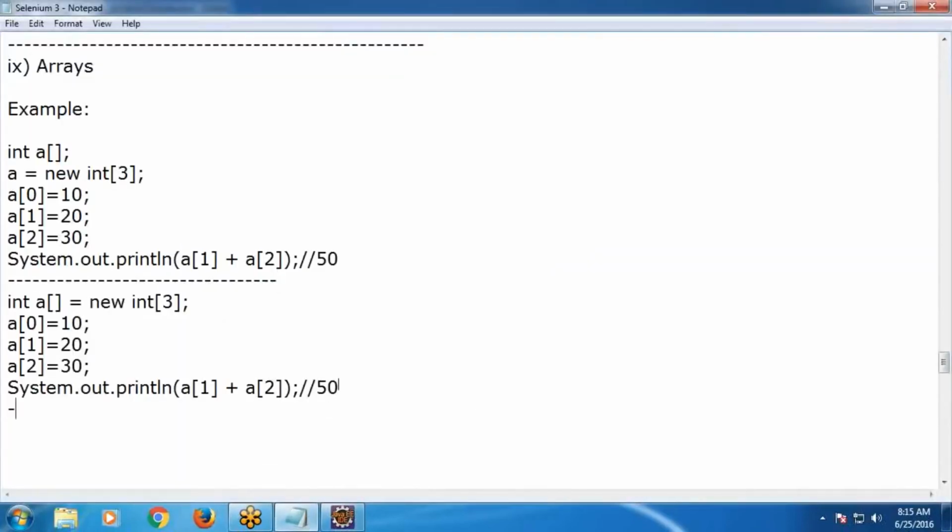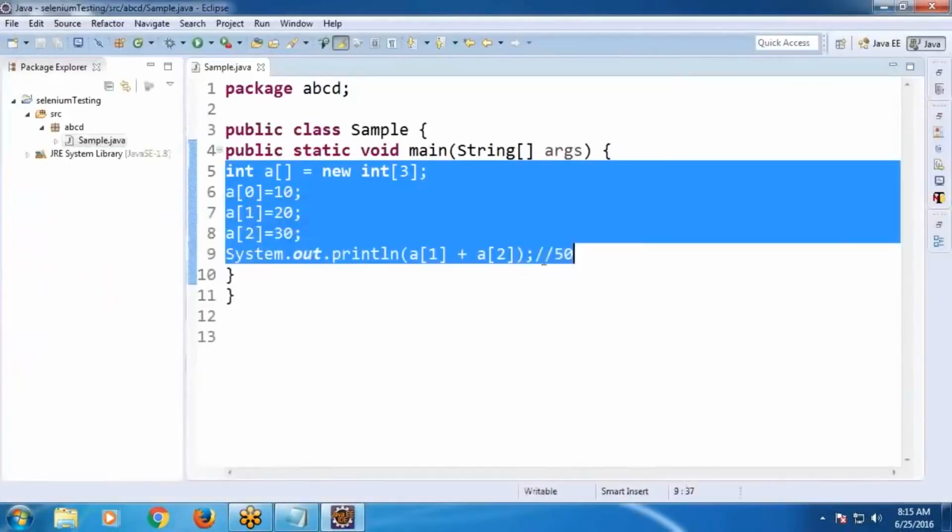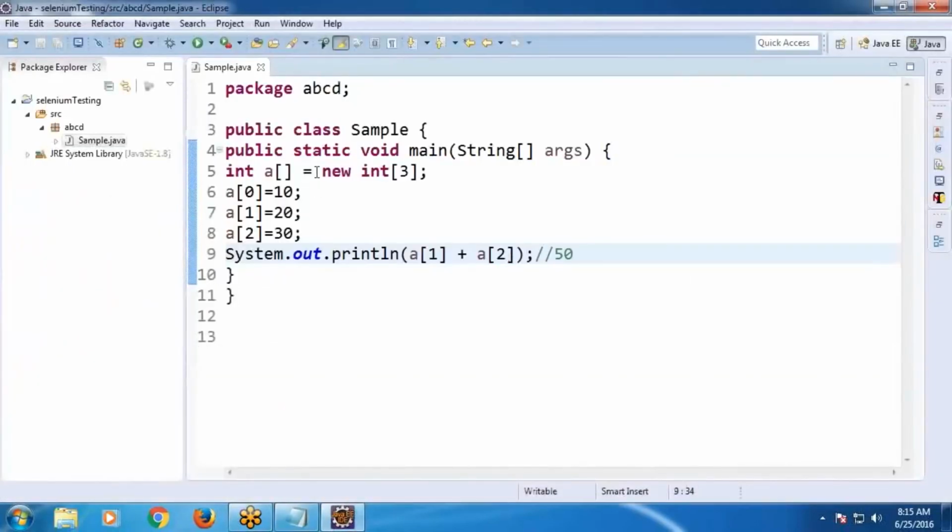Next, only 1 step. 3 steps, 2 steps, single step. Observe. Declare array. Next, assign values directly. Based on those values, it considers size. Suppose within square brackets, curly braces,